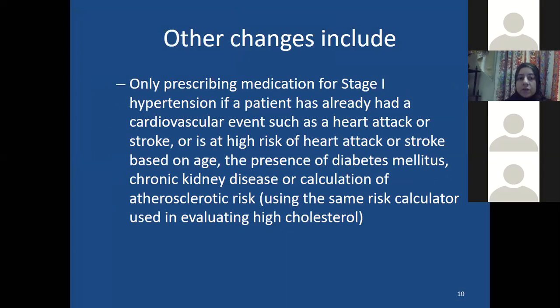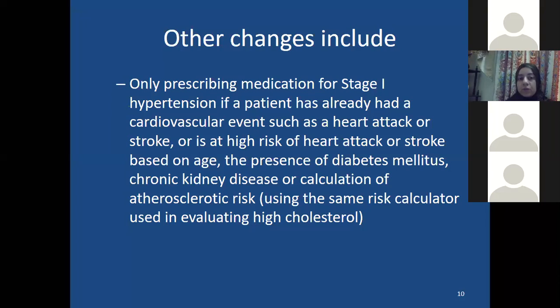these classifications were introduced? Only prescribing medication for stage 1 hypertension if a patient has already had a cardiovascular event like a heart attack or a stroke, or is at high risk of heart attack or stroke based on age, the presence of diabetes, chronic kidney disease, or calculation of atherosclerotic risk using the same risk calculation used in evaluating high cholesterol. So you only need to prescribe medication for stage 1 if these conditions are there. If any one of these conditions is not present in the patient, you will not prescribe medication